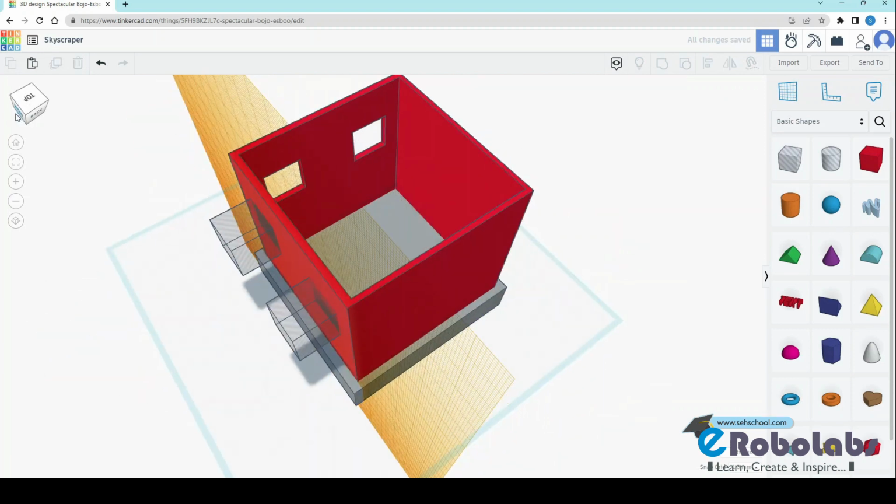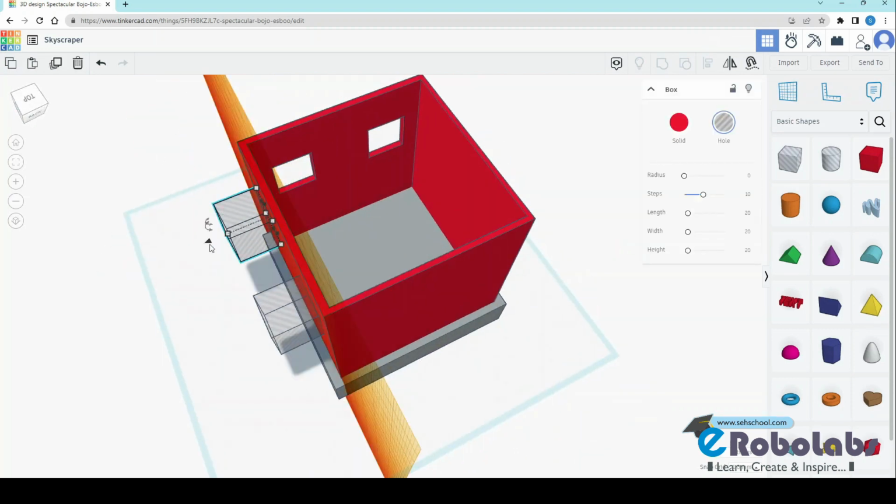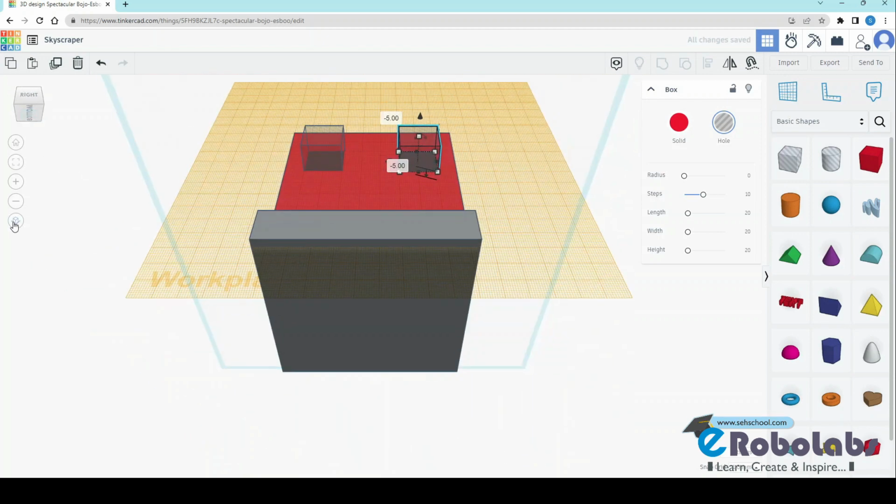With the help of the axis arrow, just move the hole box shapes inside the wall to make a window like this. Go to the right view,